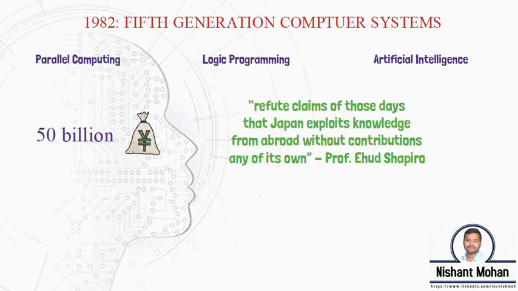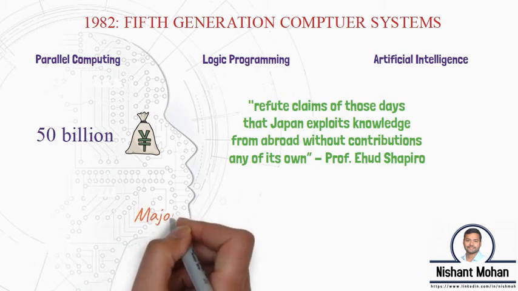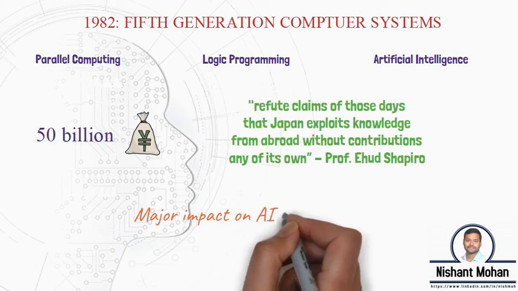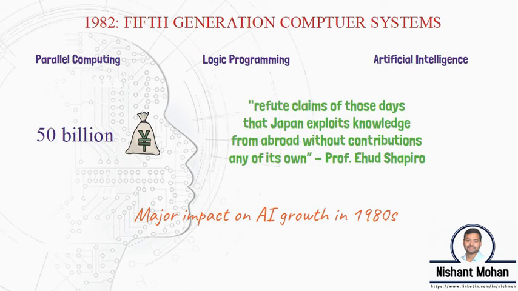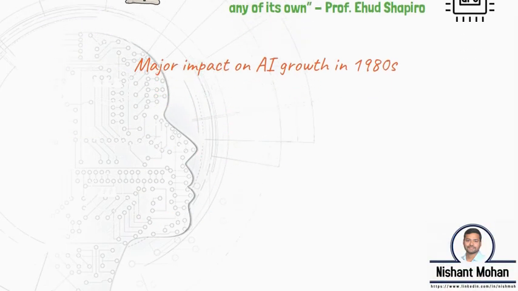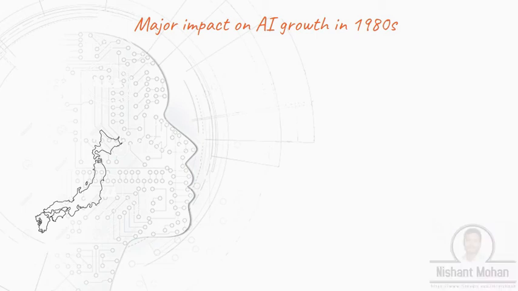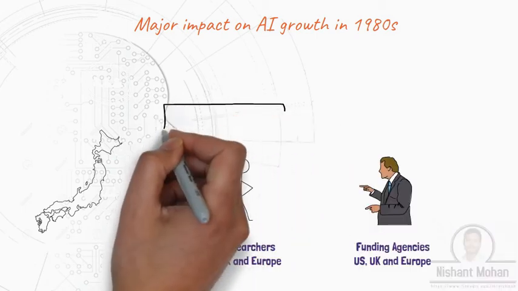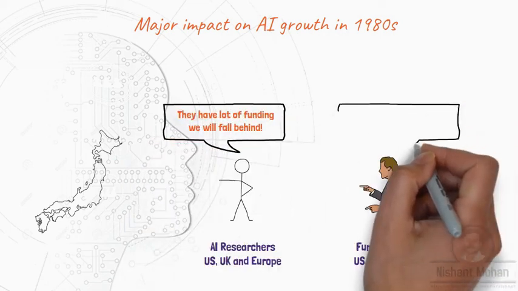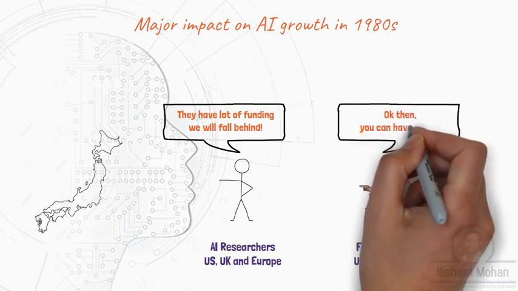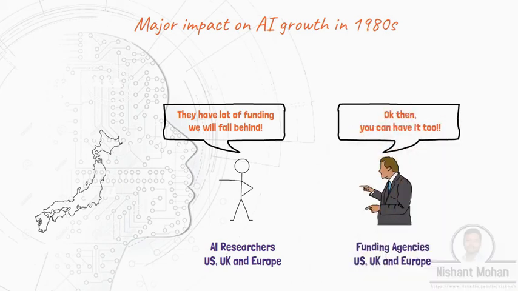The 10-year project is usually believed to have had mixed outcomes, but it certainly created major waves in AI development in the 1980s. On the technology side, growth in parallel computing, which was one of the key focus areas of the Fifth Generation project, would play a critical role in modern machine learning and AI applications. A very clear effect of Japanese efforts was an increase in funding for research in AI and related topics in the US, UK, and Europe. This was great news for researchers in these regions who had seen a severe slowdown in funding for AI research.